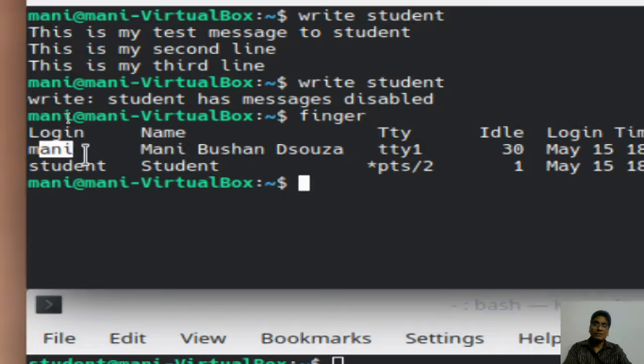One is money, which is me, and the other is student. You notice that the terminal of the student is pts/2. This is the terminal on which the student is working, and there is a star here. The star indicates that that person has disabled writing onto his or her terminal.